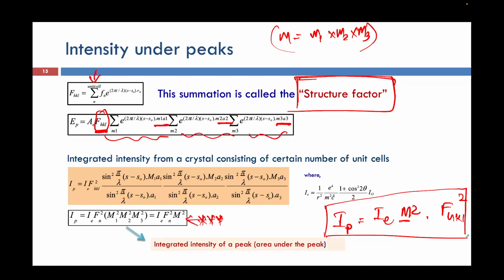If we are considering these three coordinate systems, then when there are n number of unit cells present, the scattering ability of all the electrons will be different, and the summation of all the atomic scattering factors in that entire three-dimensional crystal will be given by the structure factor. Since the square of the structure factor is directly proportional to the intensity of the peak, the more structure factor we have for our material, the more intense a peak we will be generating, right? So this will give us the expression for